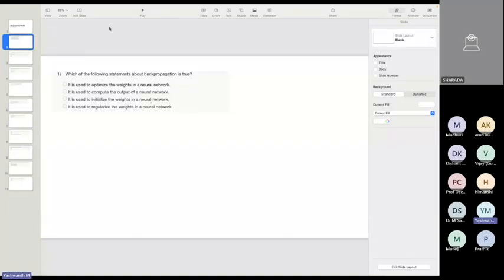Okay, so which of these statements about backpropagation is true? It is used to optimize weights in the network. It is used to compute the output of a neural network. It is used to initialize the weights of the network. It's used to regularize weights of the neural network. Right? So the right answer is,